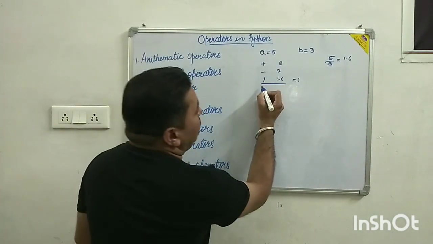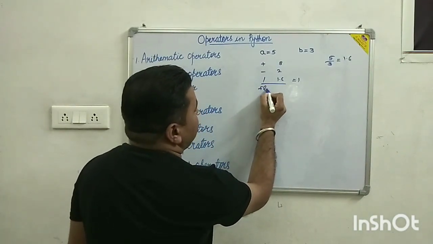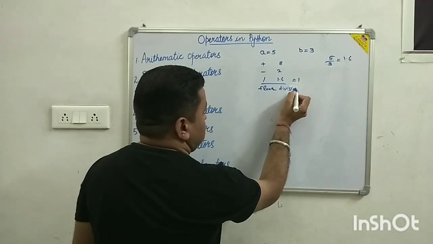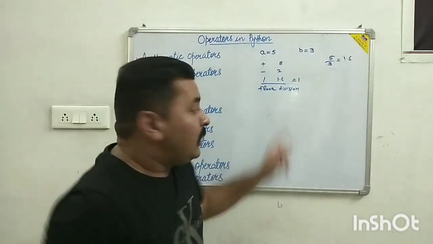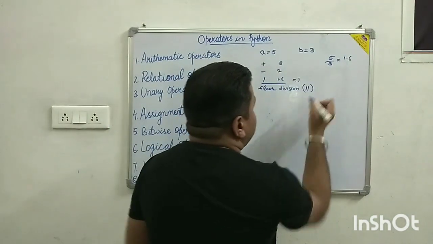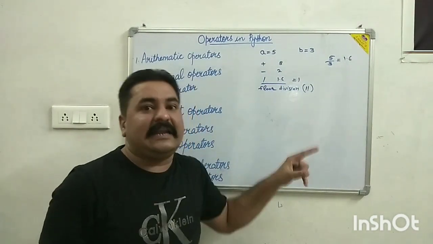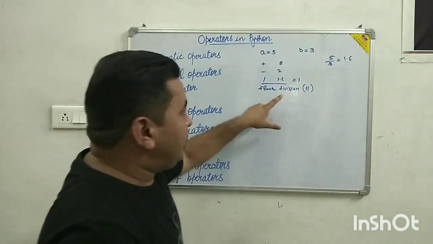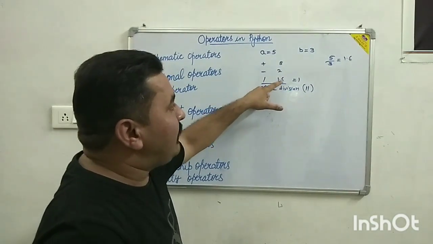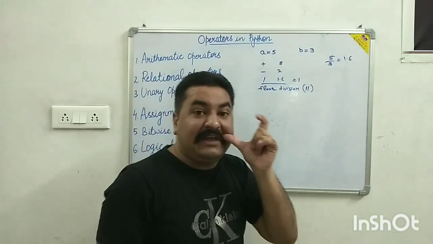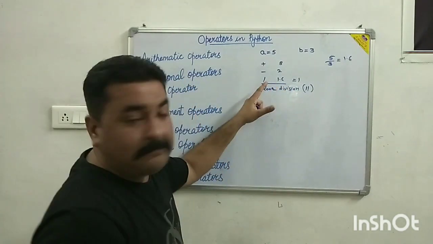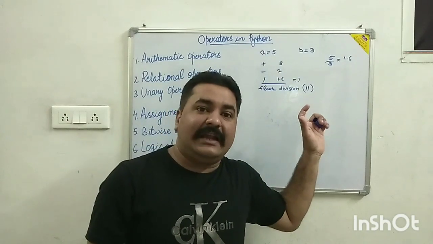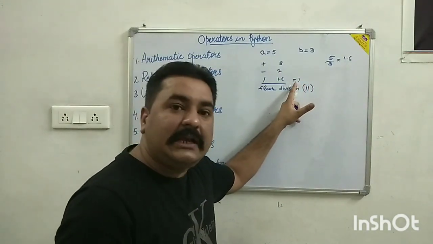We have a floor division also in Python. This is a floor division. Only this floor division is new in Python; the rest of the arithmetic operations we are performing in C language also. But in Python we are getting the value of 1.6. It means it is giving us the exact value in Python, and if we use it in C, it will give the integral value, that is, 1.